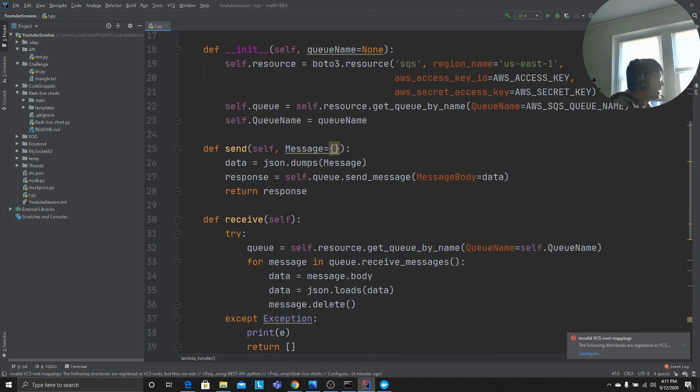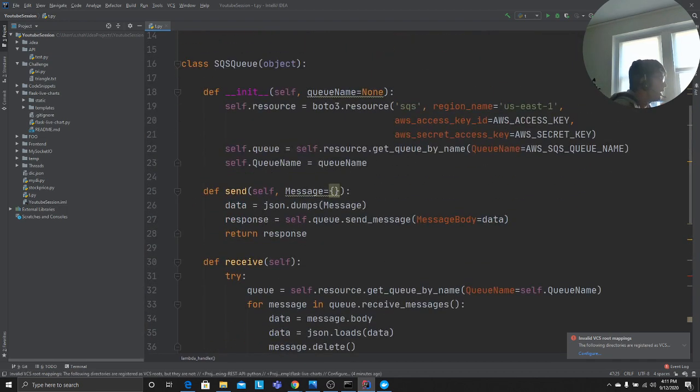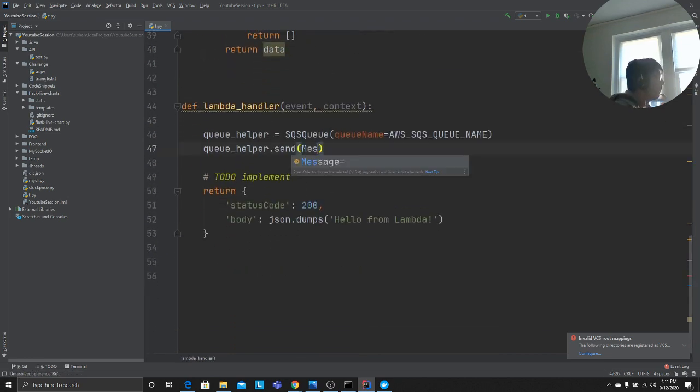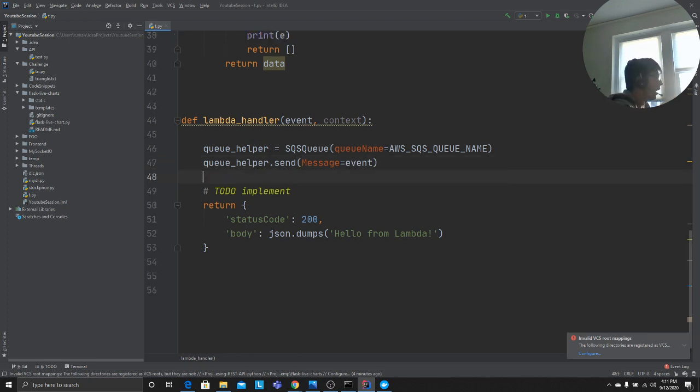Now I want to send data to that queue. So I say queue helper dot send, and if I've coded it correctly, it takes a JSON dictionary. So I'm going to say message, and that message is, guess what, event. Perfect, because it has details about our S3. Good. So now we can add a message, uploaded